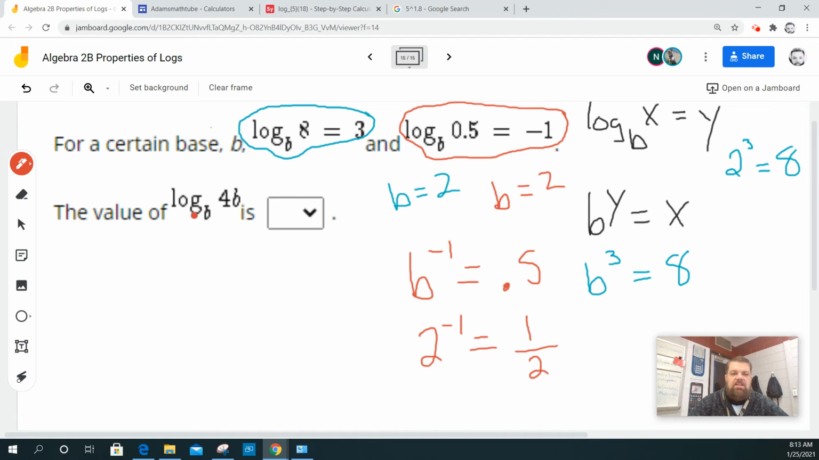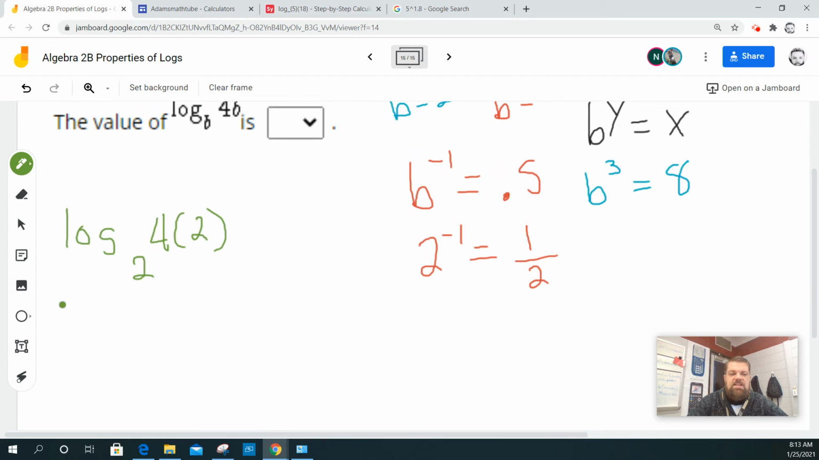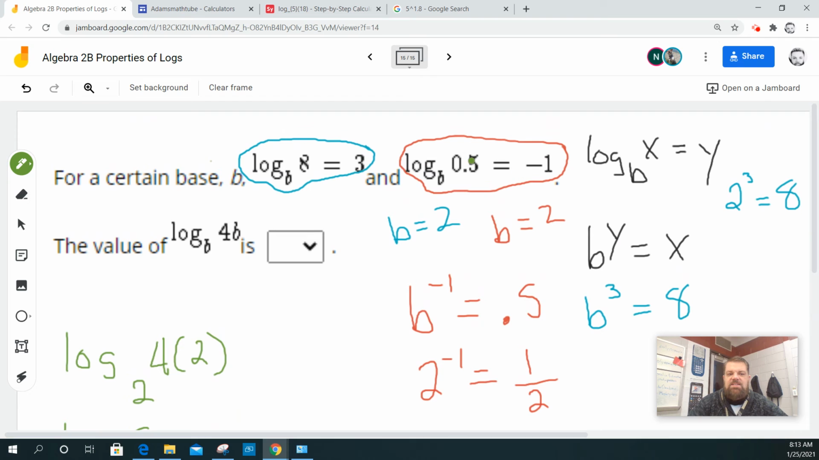So now to find the value of this, what I'm going to do is say log base 2 of 4 times 2. And we don't need a calculator for this because that's the same as the log base 2 of 8, and we don't know what that equals. It's equal to y. But remember, and this is kind of rigged up,